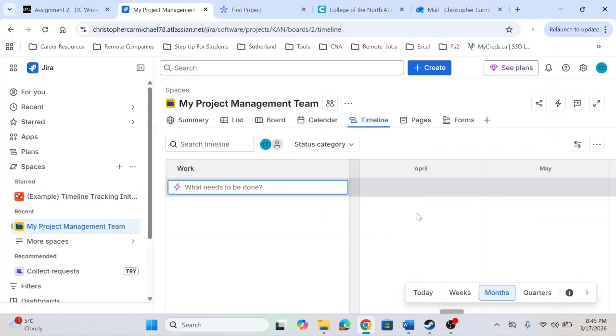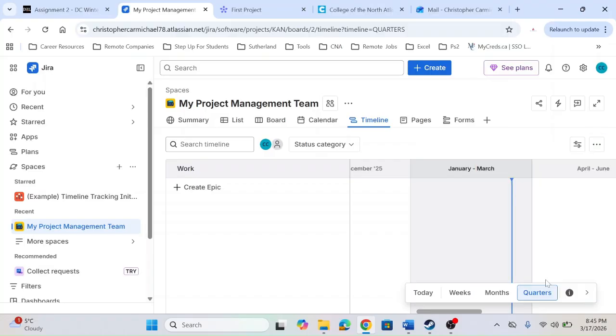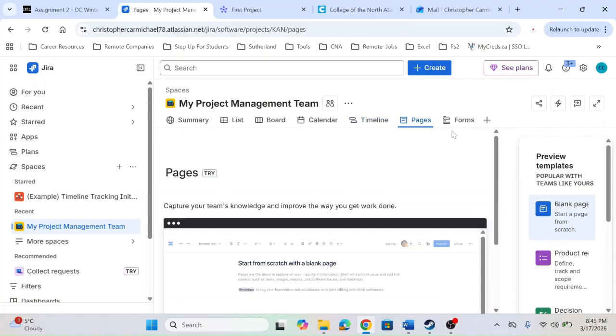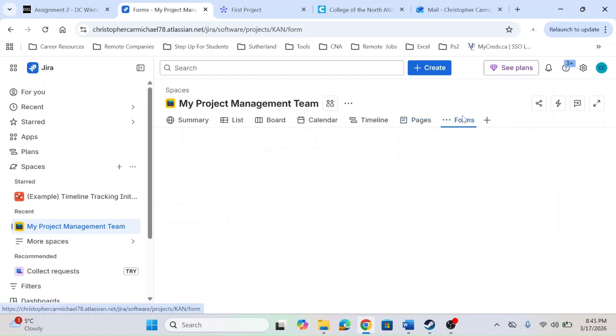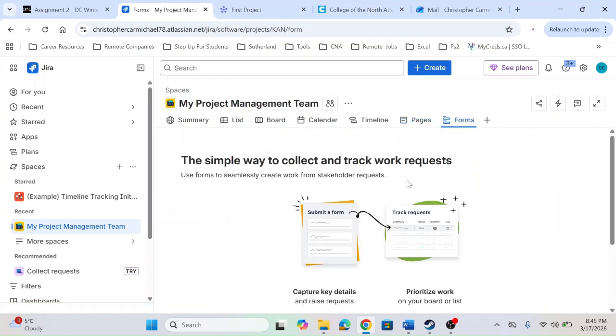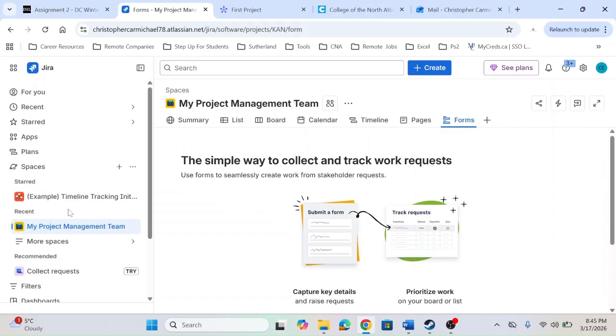And then we have a timeline as well, very similar in function. You can go into weeks, quarters as well there on your timeline. And then we have pages. So I don't have anything set up. You can try it now. But we also have forms, so you can create different forms to track work requests. And that is